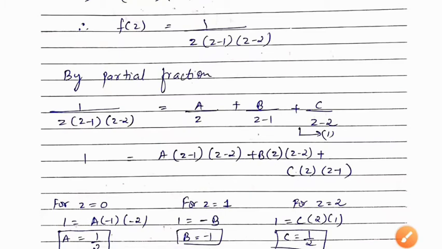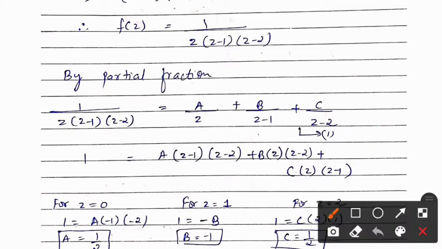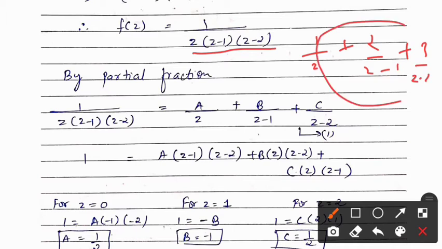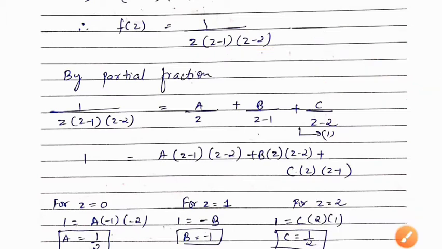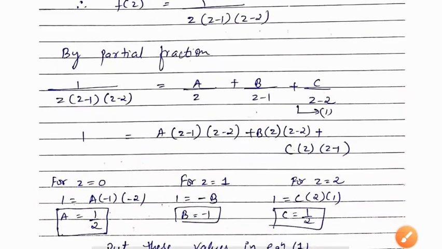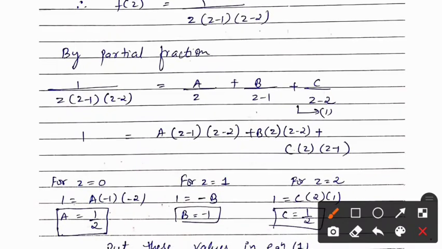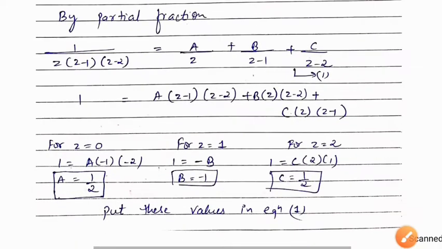Now I have to solve this and find the equation using partial fractions, because whenever you are using Laurent's theorem, you cannot solve this when all three factors are in multiplication. You have to separate it like 1 upon z plus 2 upon z minus 1 plus 3 upon z minus 2. It must be in this type of formation. Okay, so for this you need partial fractions. So how can we solve by partial fractions?